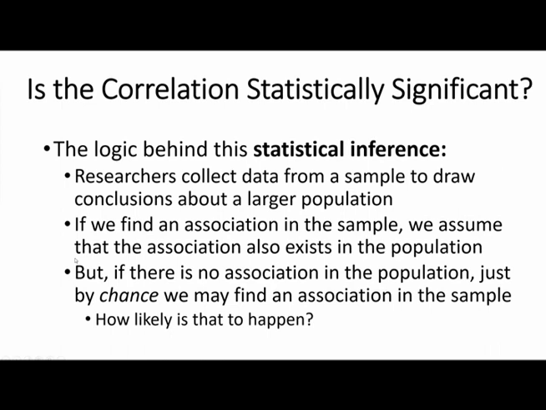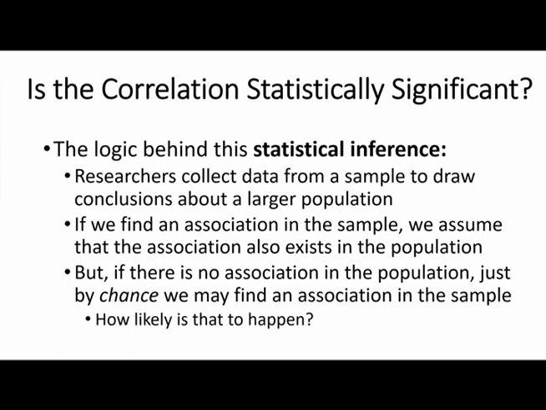But if we flip that on its head, if there's no association in the population, assume that in the large population of interest, there isn't any relationship. There's an R of 0. There's nothing going on. But if through error, through random chance, while we're picking our sample, we might accidentally find an association. So we might, by sheer chance, happen to find an association in our sample that doesn't exist